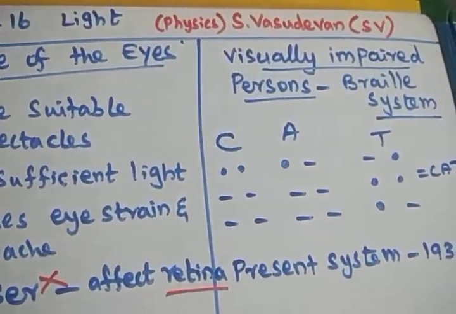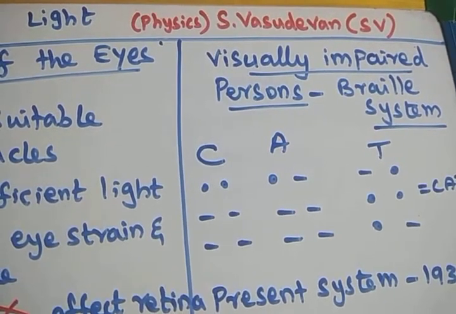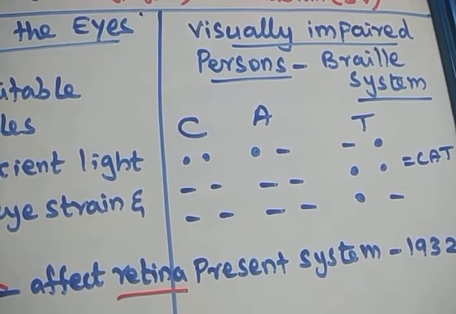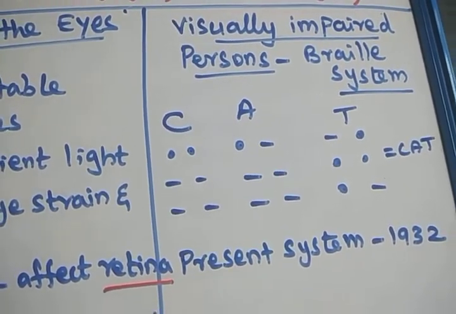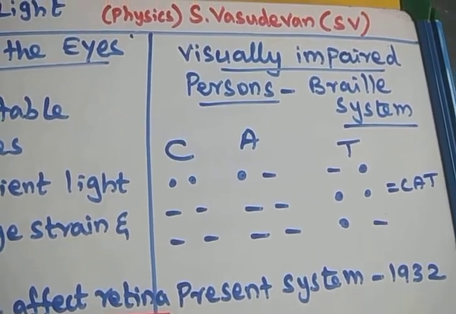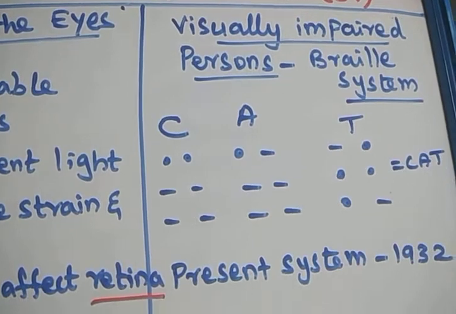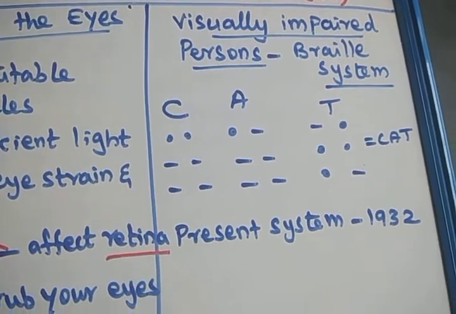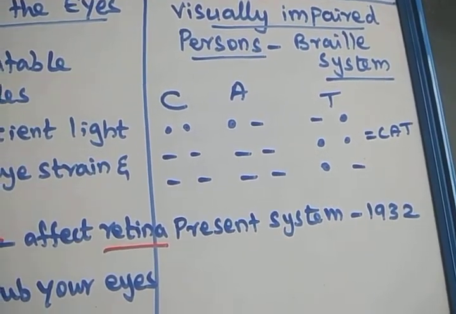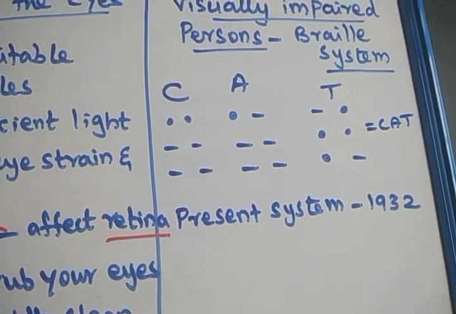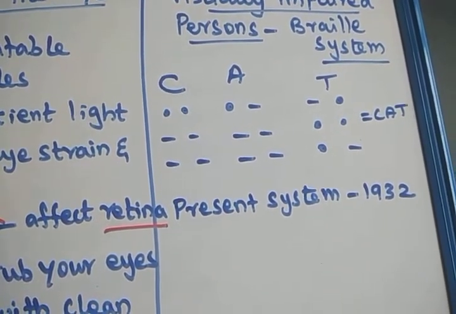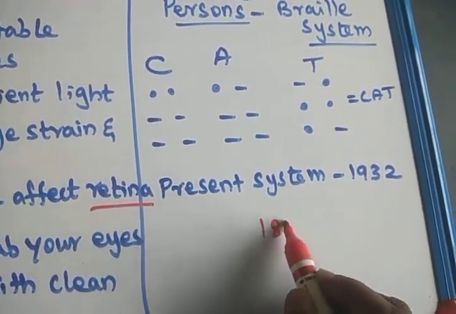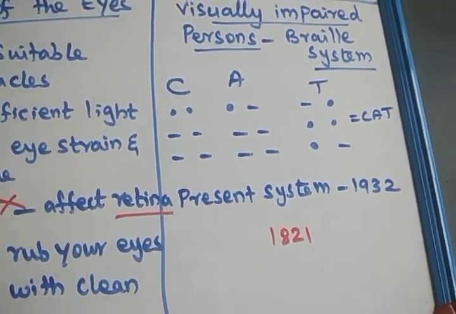The next one is, there are certain persons called visually impaired persons. They are not able to see, because their eye lens or some other eye parts have not grown properly. There are certain defects in the eye, so they are called visually impaired persons. There is a system, the most popular resource for visually challenged persons, Braille. Louis Braille was a visually challenged person. He developed a system for visually challenged persons and published it in 1821. In that year, he published certain patterns to read languages.